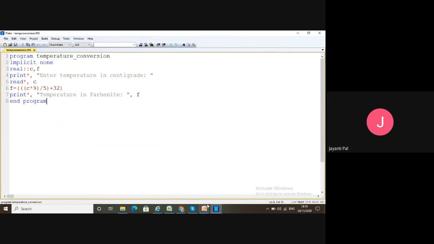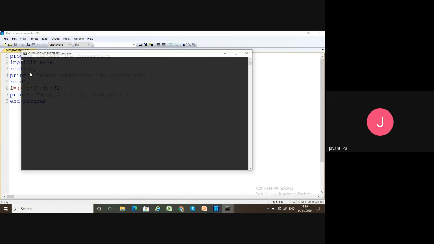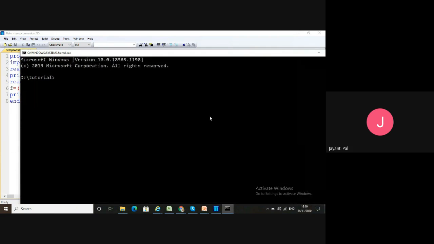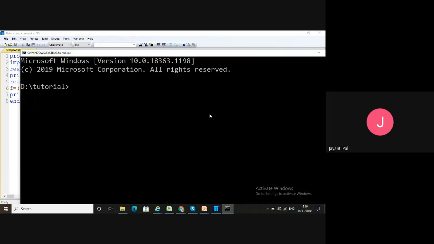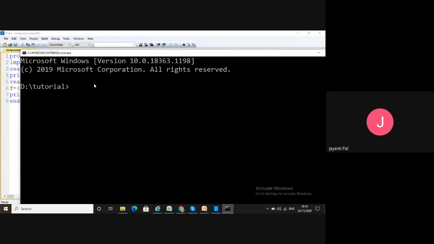Let's see how we can run this and what the output looks like. First I compile it.